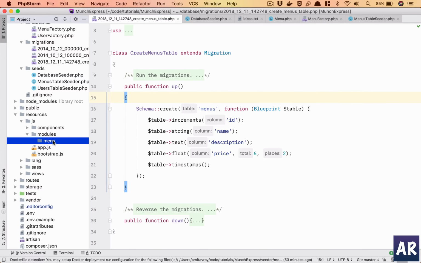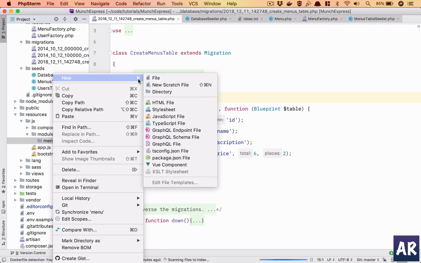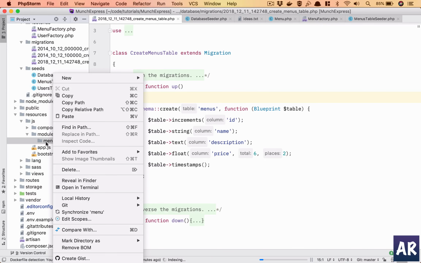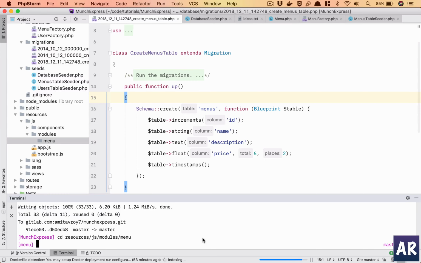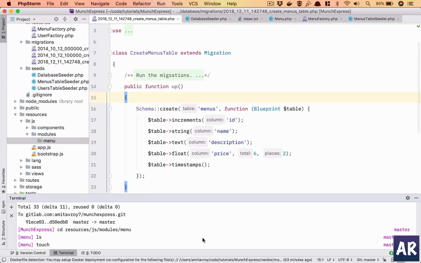So why don't we call it, this is too clumsy. I'll go inside resources, assets. Oh, now it's JS modules menu, right? ls. Okay, so what do we have? We have menu